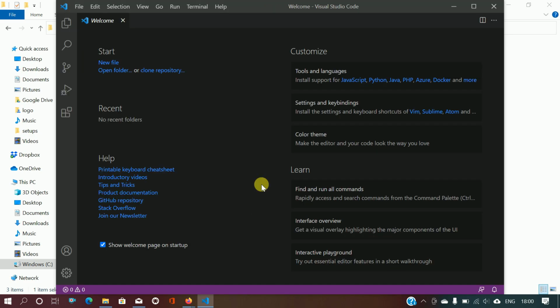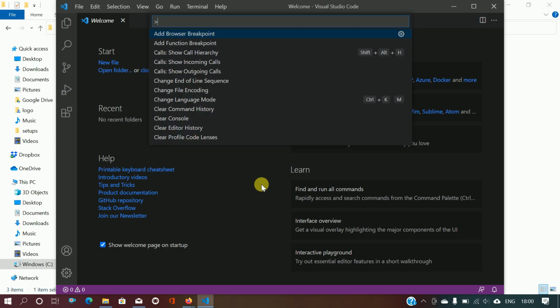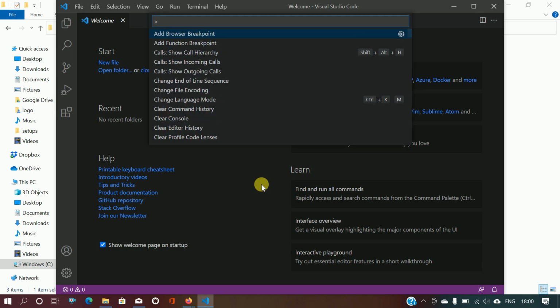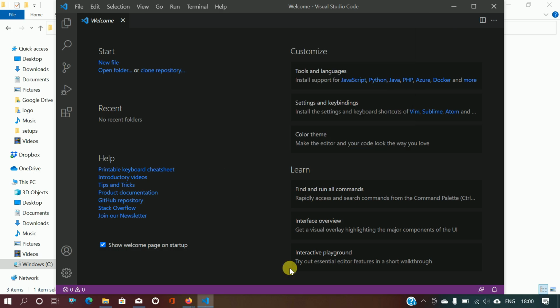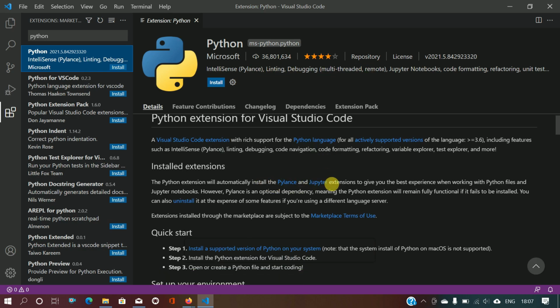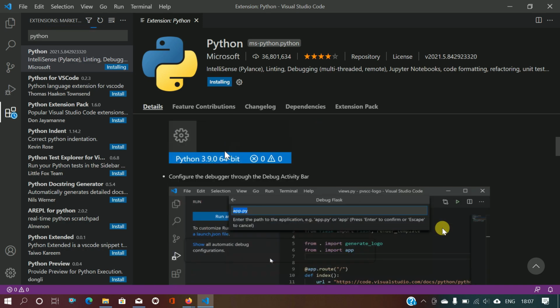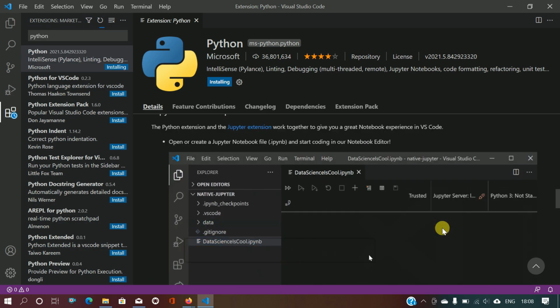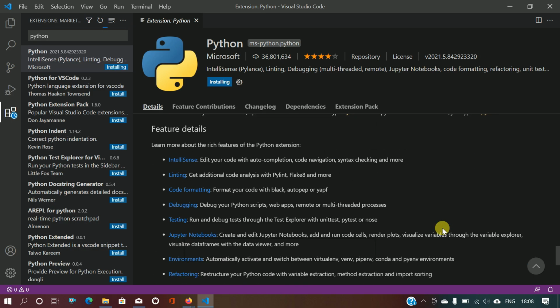This opens VS Code editor. Let's run the command using Ctrl plus Shift plus P, and we can see there are no interpreters installed here. So now I will install Python extension for Visual Studio Code. This Python is provided by Microsoft with IntelliSense. So I'll install this version of Python extension. Once it is getting installed, we'll check its features.